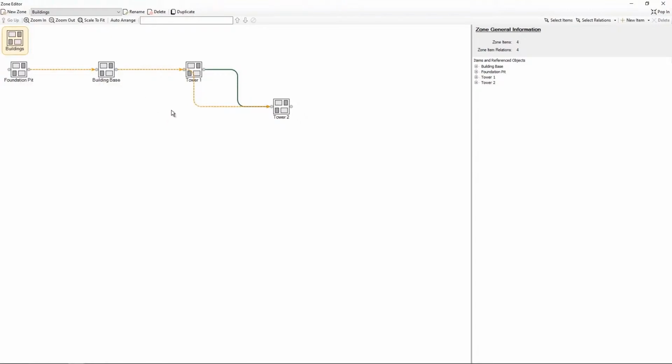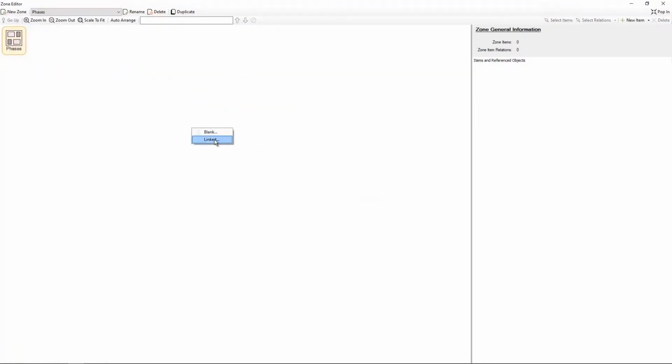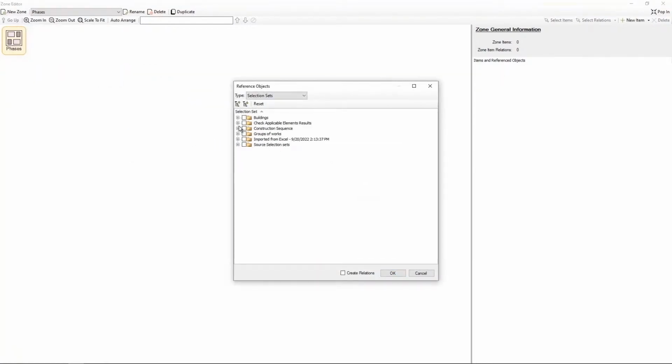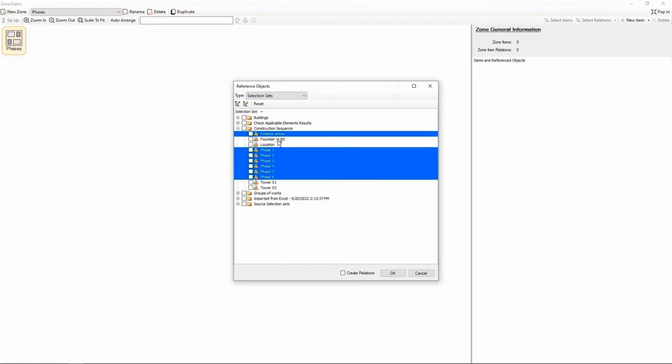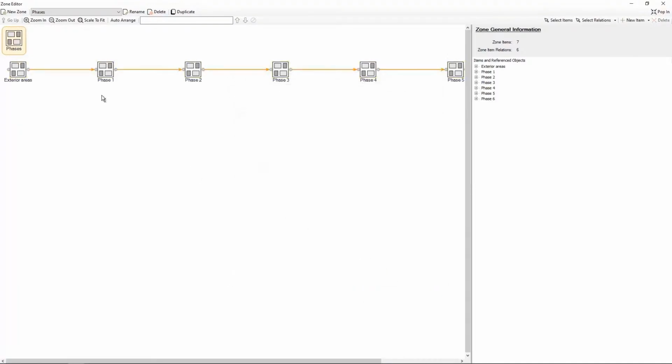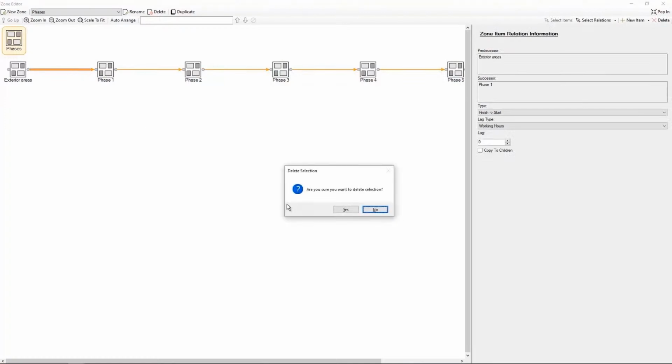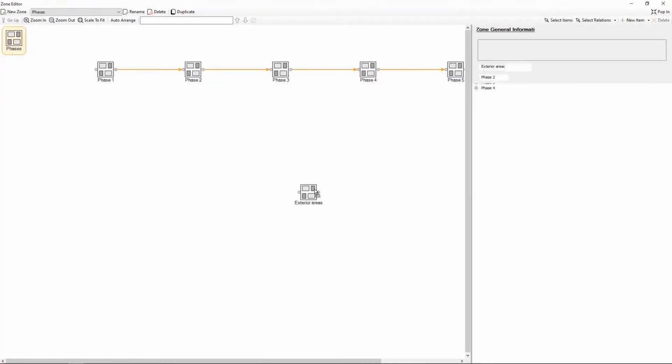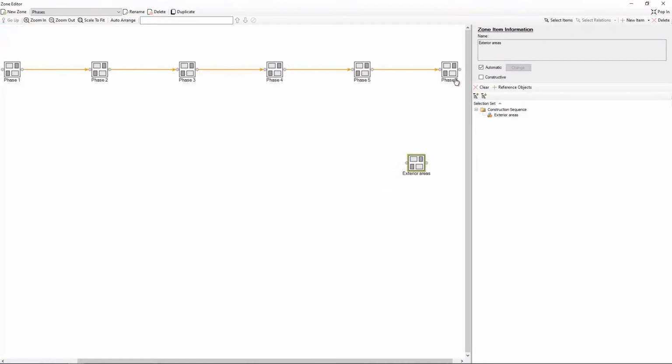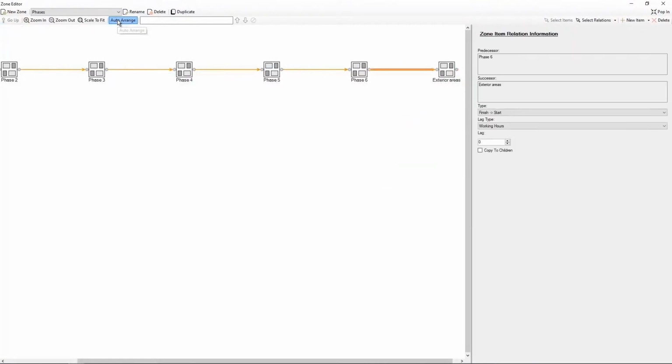So the first zone is buildings, the second zone is phases, and here we will just have, again, a very simple sequence between phases. Create relationship. We're gonna just reorganize this sequence a little bit, auto range it,